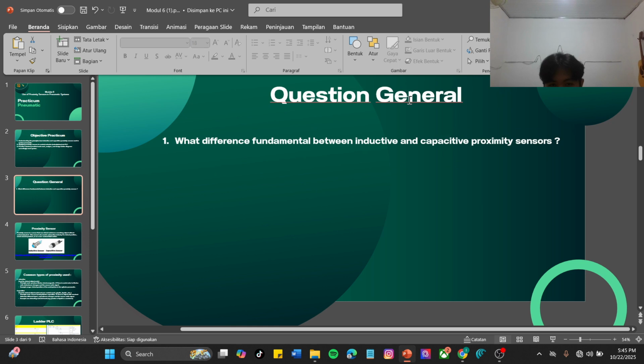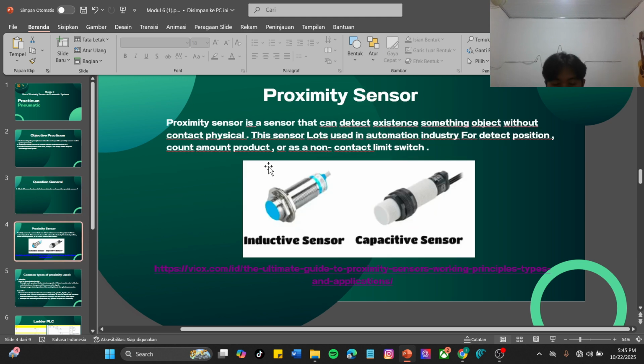Okay, for the general question, what is the fundamental difference between inductive and capacitive proximity sensors? Here we can look at the image for the inductive sensor and capacitive sensor. A proximity sensor is a sensor that can detect the existence of an object without physical contact.